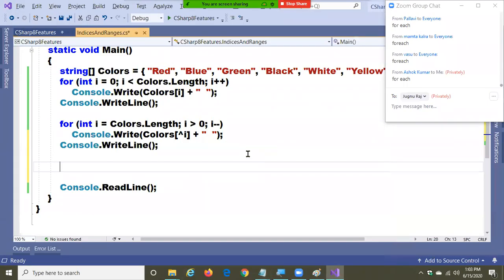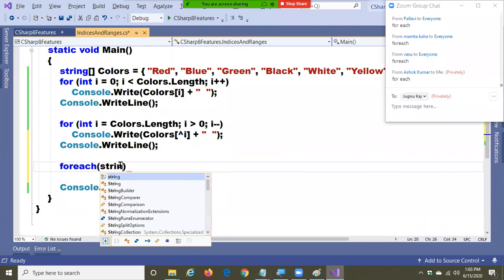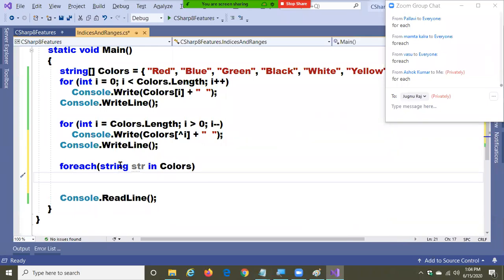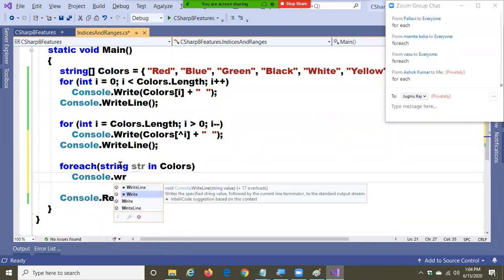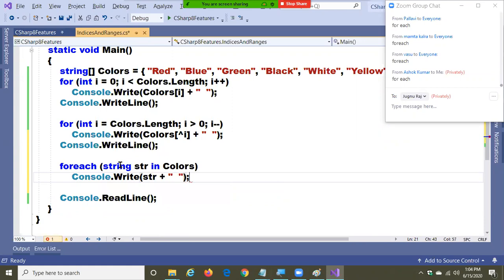But without that particular problem, see now, we know that foreach str in colors will give access to all the values. Console.Write str plus some space, just to separate the outputs.